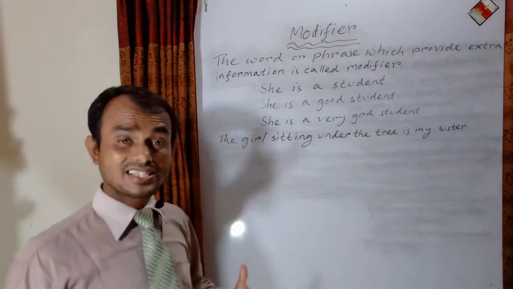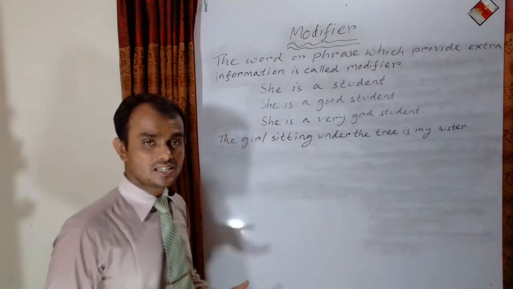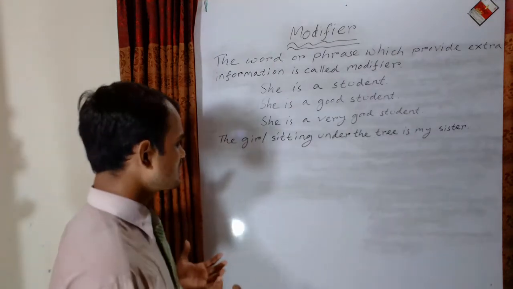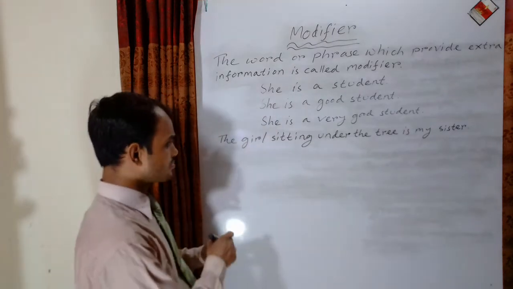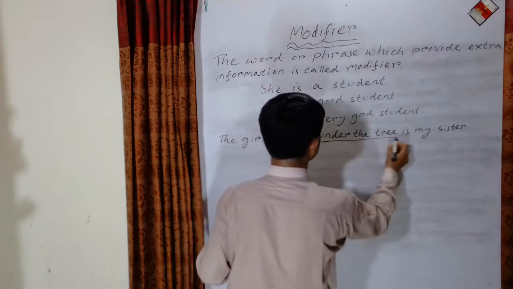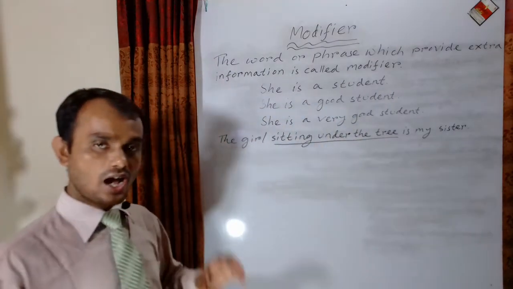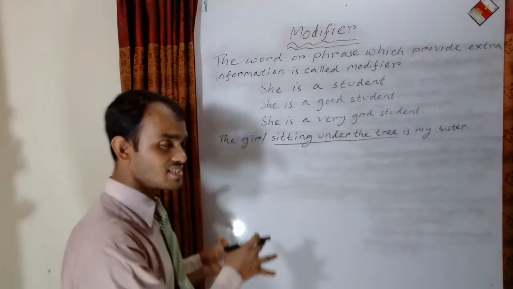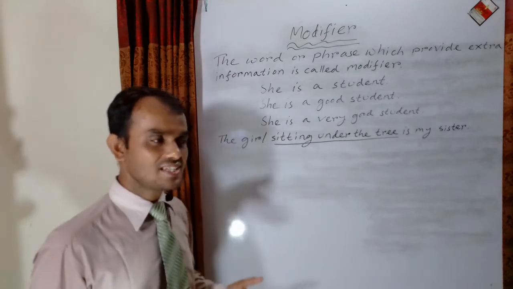The girl sitting under the tree is my sister. Dear students, look at the example. If I underline sitting under the tree, if you are asked to say what this is, you can say this is a modifier,